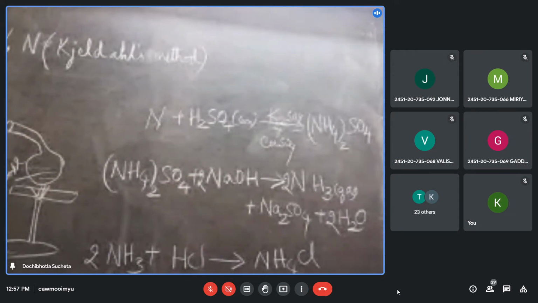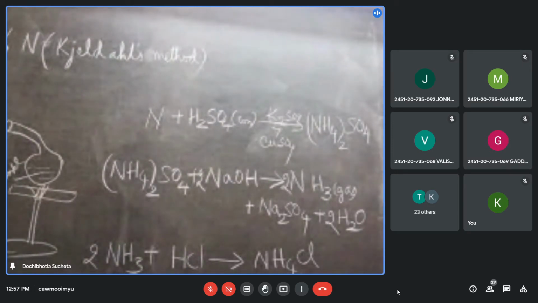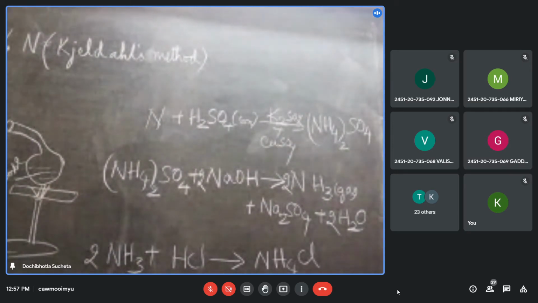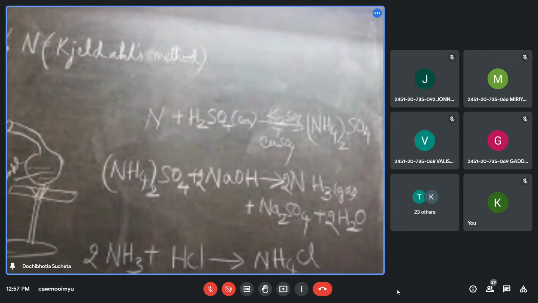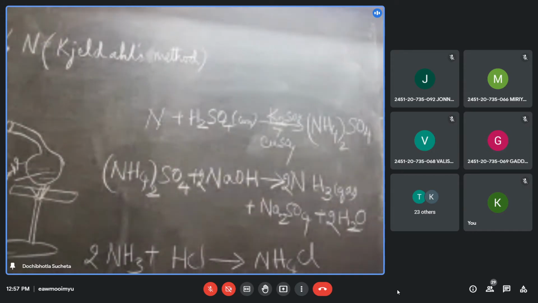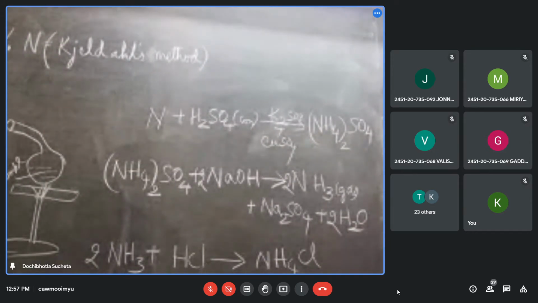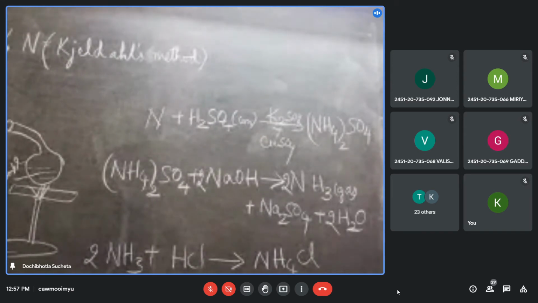This NaOH is base, okay, and I know the concentration of that NaOH solution already. Okay, such solutions are called standardized solutions, which I already discussed in your water chemistry topics. Now that NaOH reacted with ammonium sulfate to liberate ammonia gas. That is what exactly I want. Along with that, water and sodium sulfate are the byproducts that are formed.